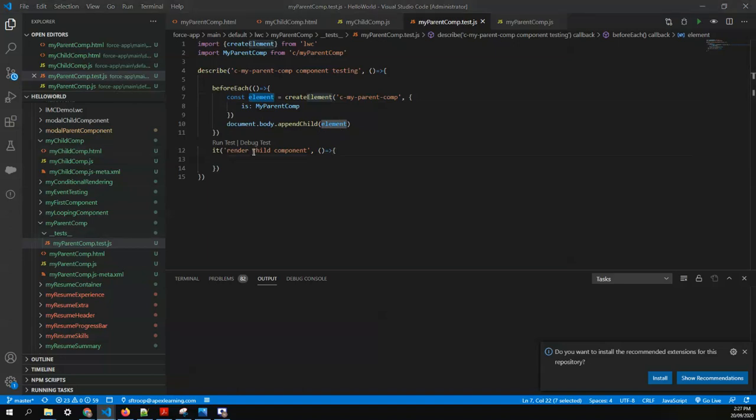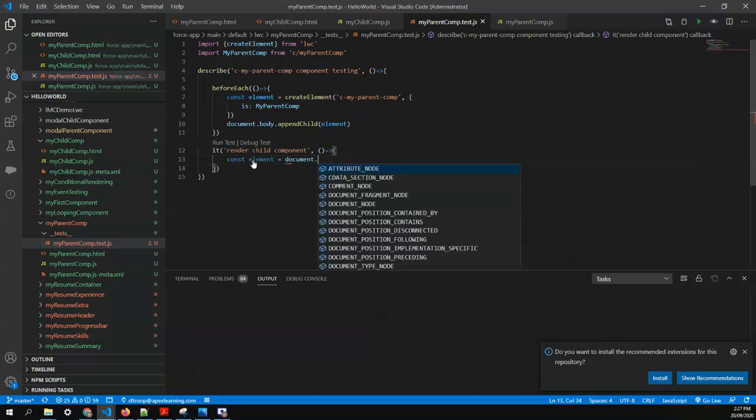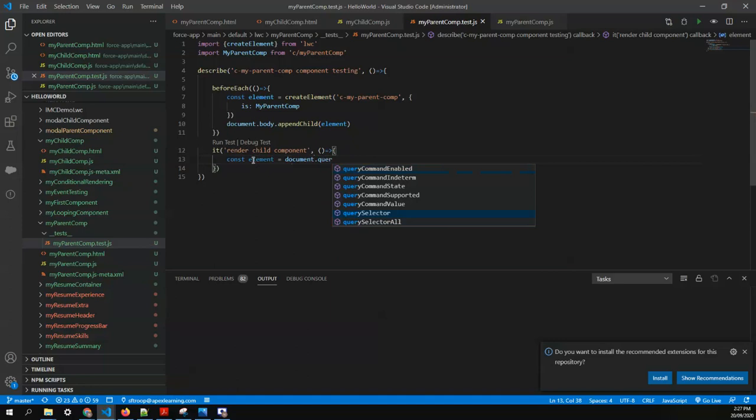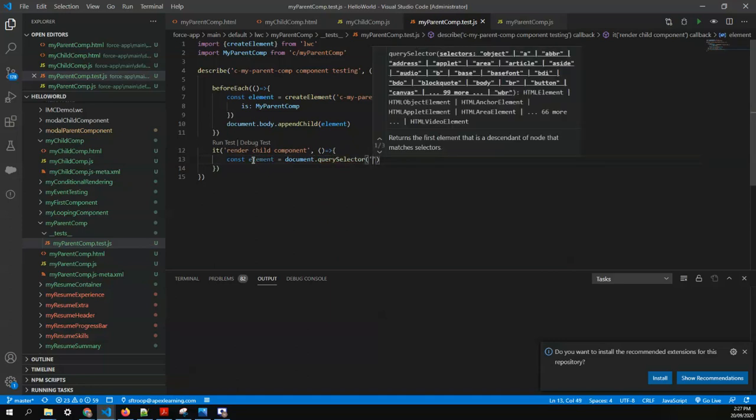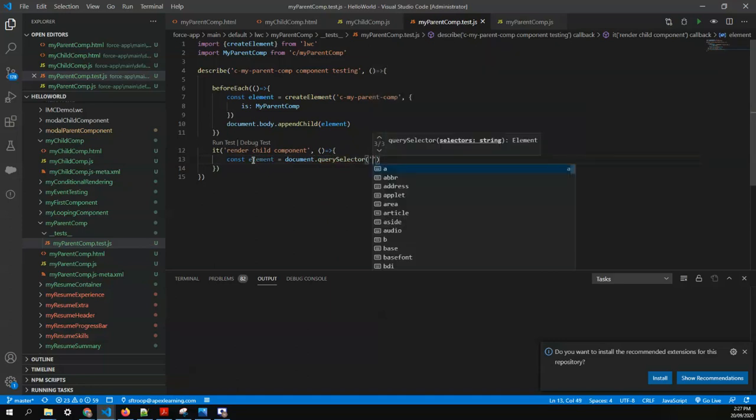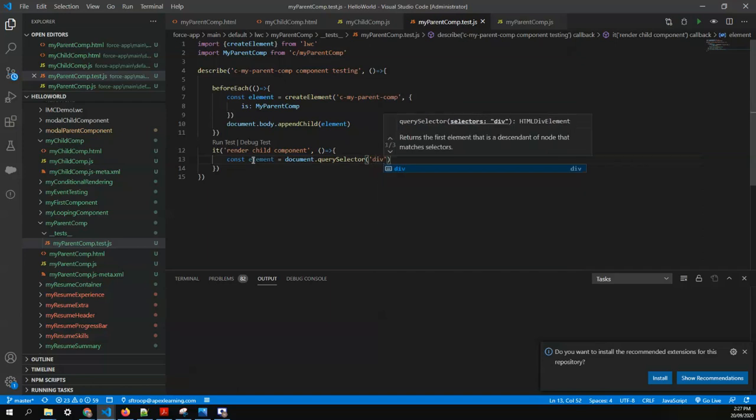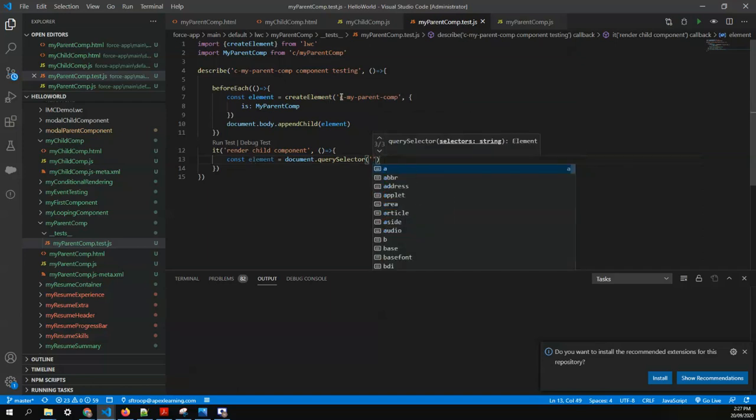We can call it using document.querySelector. So we'll say const element equal to document.querySelector. You need to pass, like if you are querying for the div tag, you will call div. So we are calling it for the my parent component element tag.